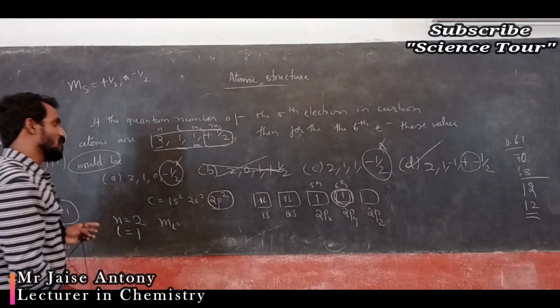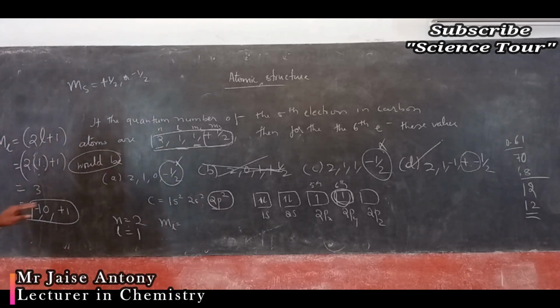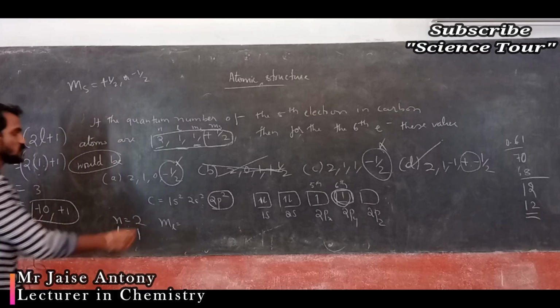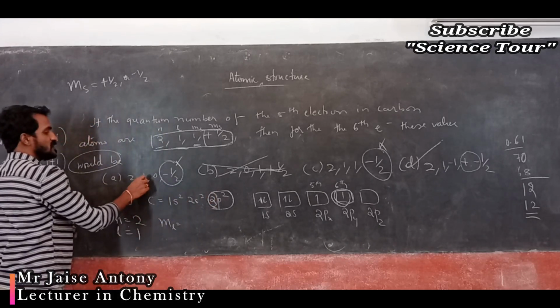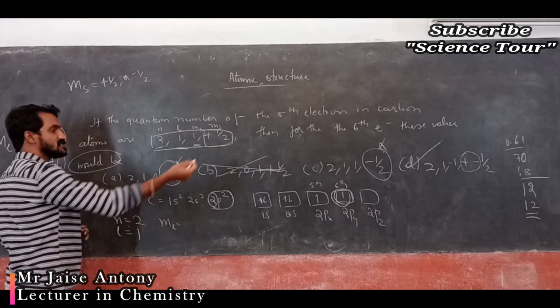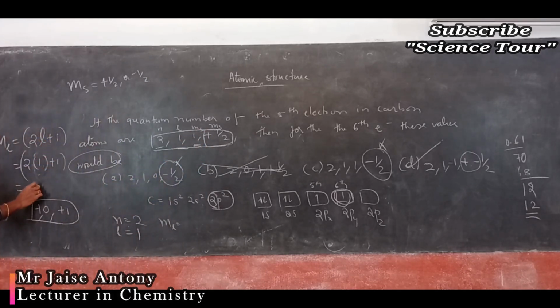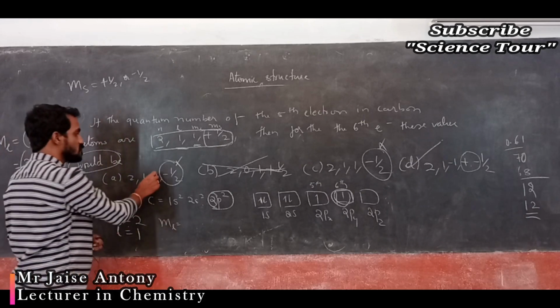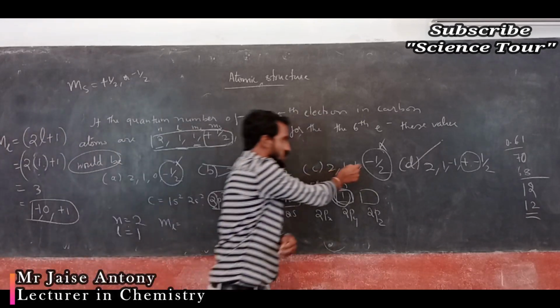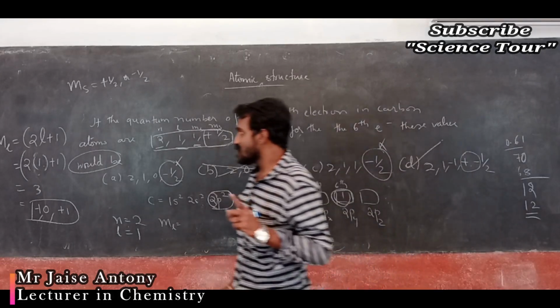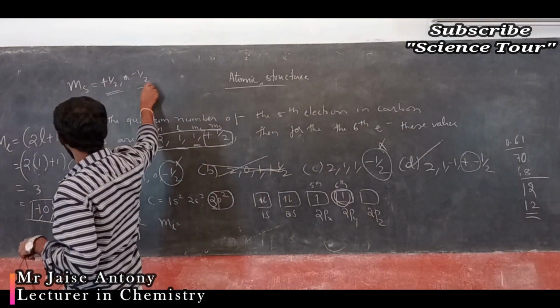See how tricky it is. You can find out n is second energy level, 2p second energy level. For p the l value is 1, that is same for all the 3, and m l value is 2l plus 1, that means 3 values are there. Minus 1, 0, plus 1. It may be minus 1 or 0 or plus 1. Here 0 is given, this also works. Plus 1 also works. Minus 1 also works. But the last, spin quantum number, may be plus or minus half.